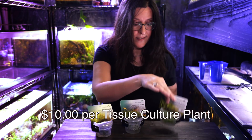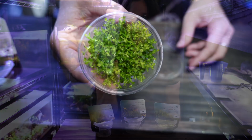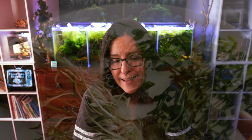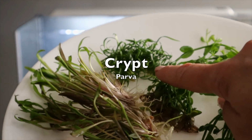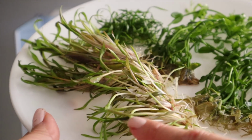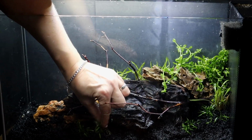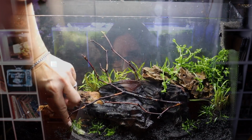Buy them small. Tissue culture plants, you're going to get in any one of those containers at the big box stores. You can get 3, 4, 5 plants in that container. Even more if you're looking at like the micro swords, you can divide that all around your tank. It may look kind of puny and sparse to begin with, but just wait. You'll have lots of fun watching it grow in, and you're going to save a lot of money, because you're going to get a lot of plants for just say $10, and you just get to wait and enjoy the